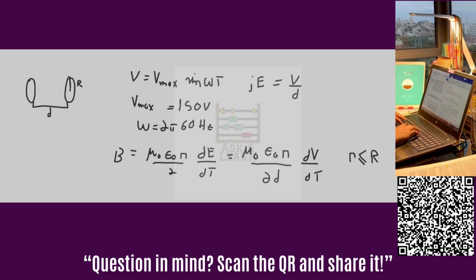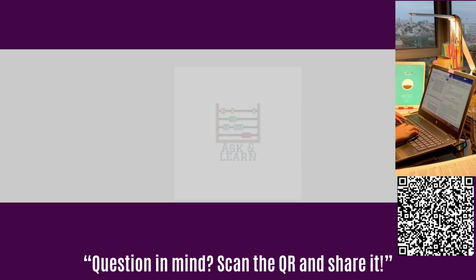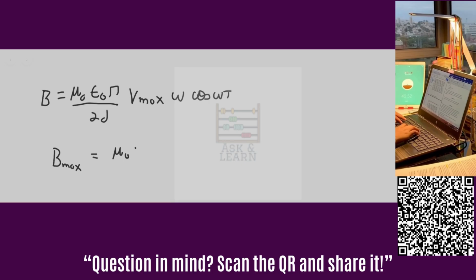So because the potential is a sine wave, the derivative will be cosine. So we have that B is mu 0 epsilon 0 r divided by 2d, V max, and the derivative is omega cosine of omega t. And the maximum value of this is when we have cosine of omega t equals 1 and r equals capital R. So we have B max is mu 0 epsilon 0 R V max